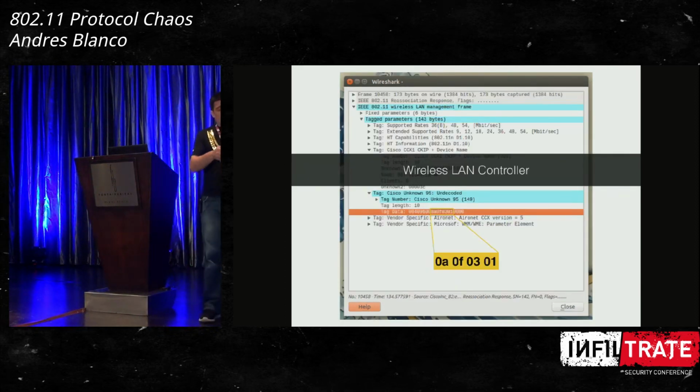And then there's another thing that the protocol specifies: they will send in plain text the IP address of the controller to anyone that is not even connected to the network, okay? So you are leaking internal IP addresses to anyone that can process this frame. Again, these frames are not encrypted and they are sent to anyone.